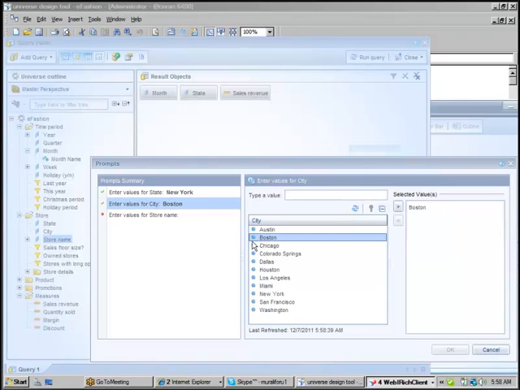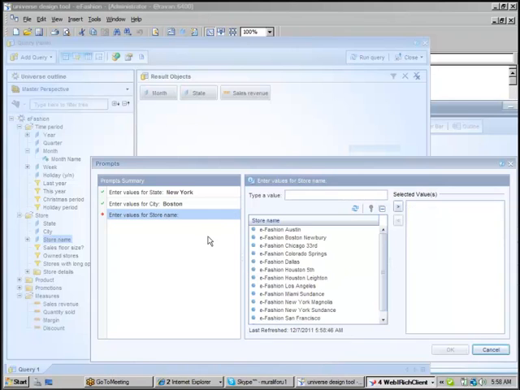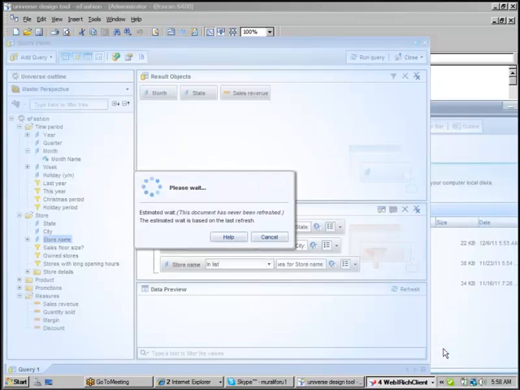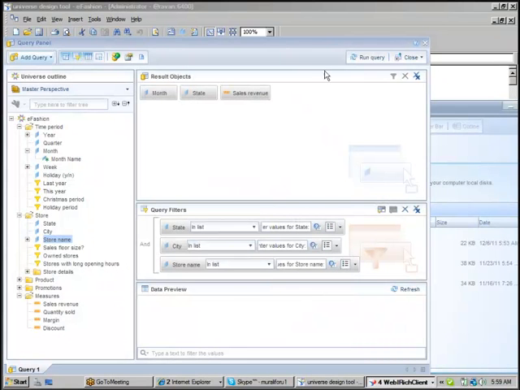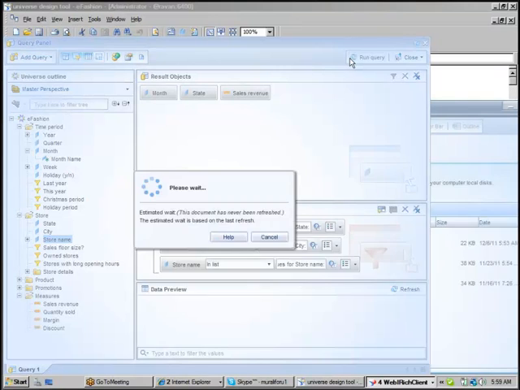Now I will select any one city, like Boston, which is not part of that particular state. That time it needs to show an error. Yes, it's showing an error: query that does not include the specified expression state as part of aggregate. Okay, run query.